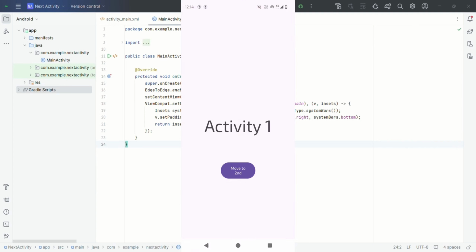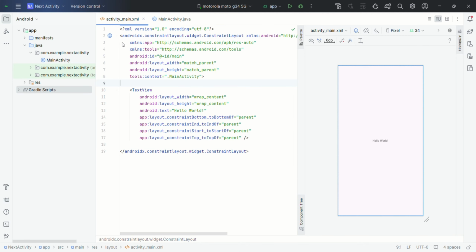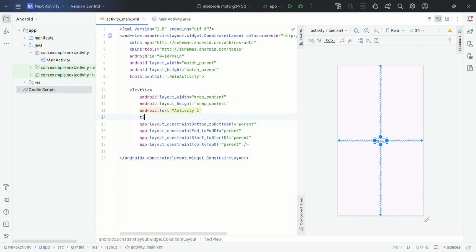In this video, we are going to learn how to move from one activity to another activity with the help of button. Let's start. Open activity main.xml, change the text to activity 1 and change the text size, give it as 60 sp,